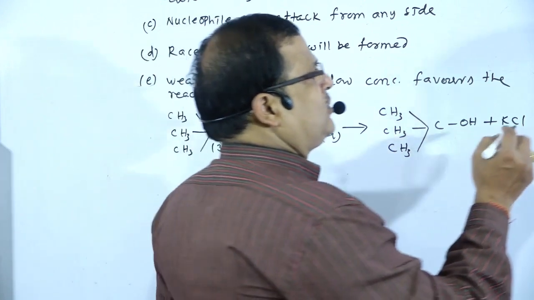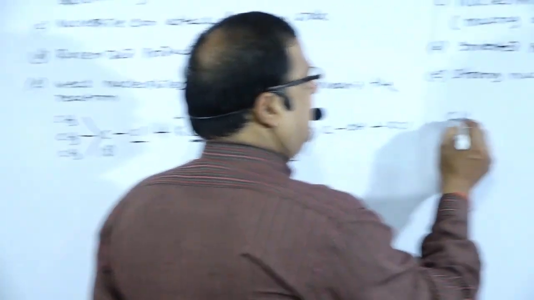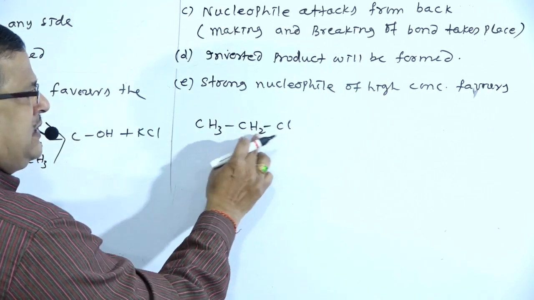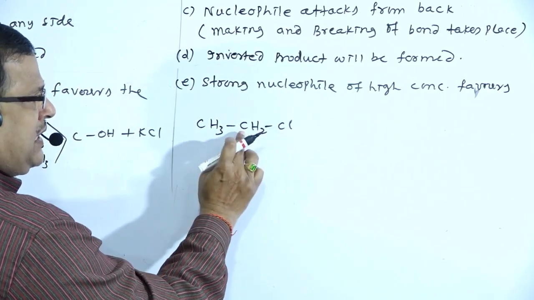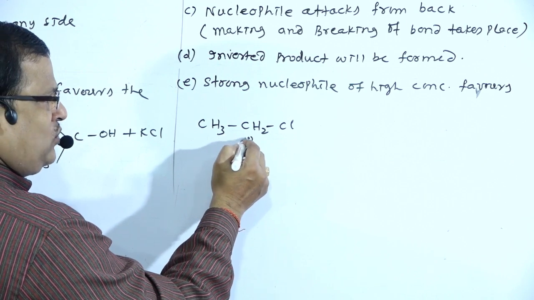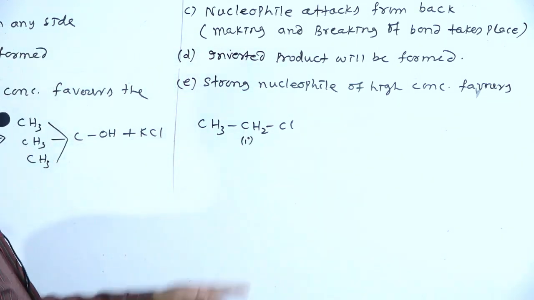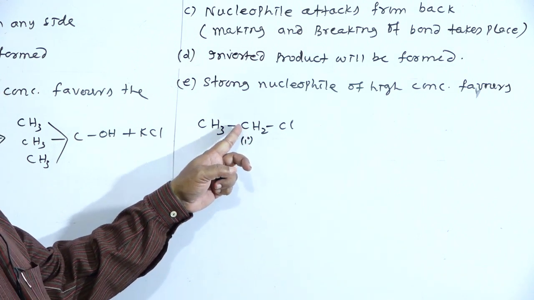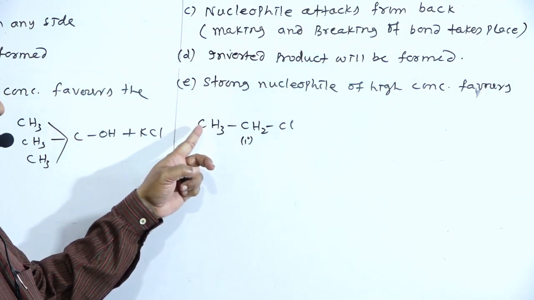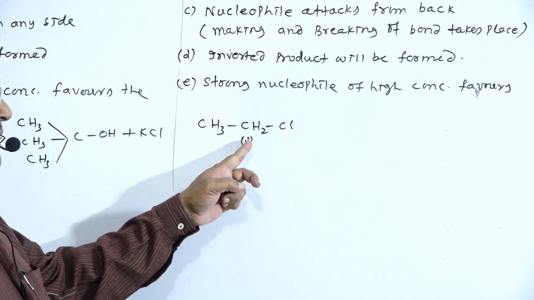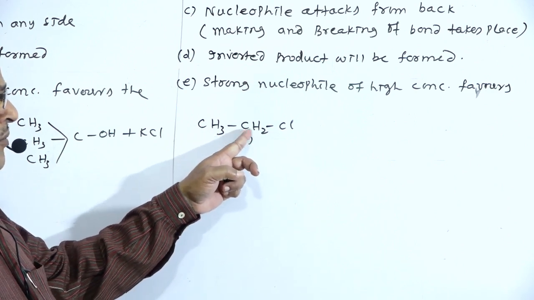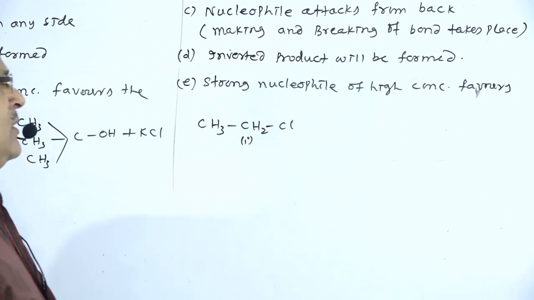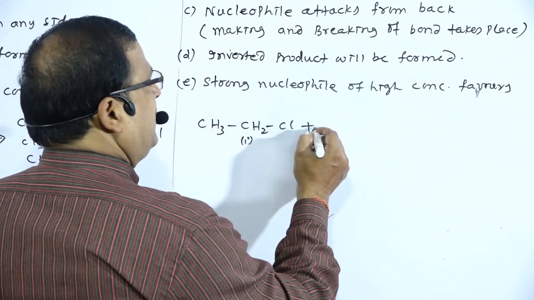In this case also, if we take CH3CH2Cl, the chlorine atom is attached to that carbon atom which is primary. Why? Because this carbon atom is directly linked to one carbon atom. Therefore, this is your primary carbon atom and the alkyl halide is known as a primary alkyl halide, that is the chloride. So that has been treated with